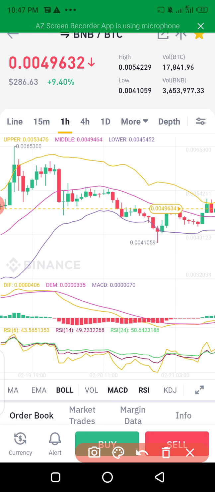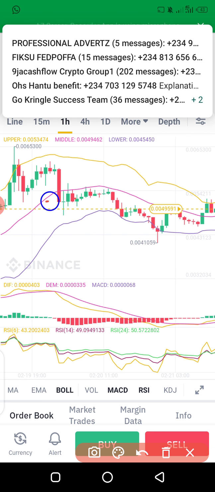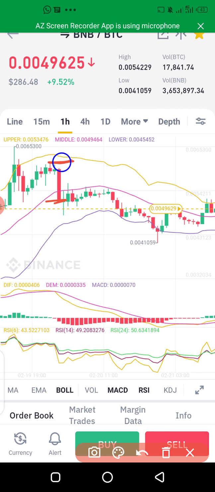In margin trading or futures trading, which some exchanges call contract trading, you are not concerned whether the market is going up or down, and you just put your stop loss here. Let's assume you enter this trade here, you just put your stop loss here, so that when the market goes upward, it will stop. Your stop loss will be triggered here according to the limit order and the stop limit order that I've previously taught you. So between here and here, you've already made a lot of money in leveraging if you know what you are doing. Then you short it here. You see the market doesn't come here